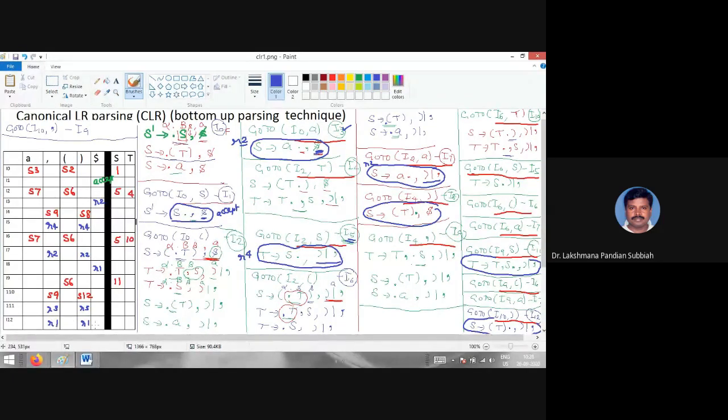Now this is the table. The table we are going to use for parsing. The same process is repeated now. That's all. Here we are having this table. The table is having more than the number of states. Now you go through that one. You understand now. If you are having any doubt, you can ask now. If you don't have doubts, then you can leave and you can put attendance on the WhatsApp.